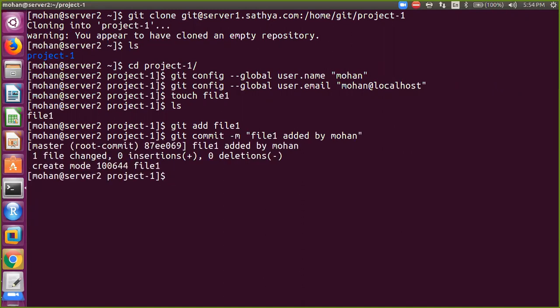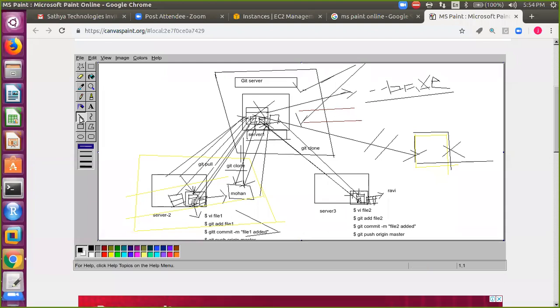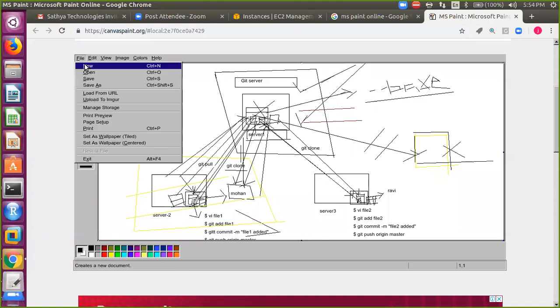What is the extra step that we need to do here? I need to enter git push origin master. That means from this server I am pushing my code to the remote server.